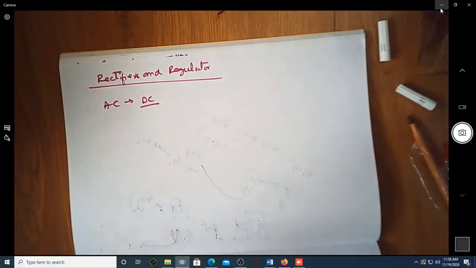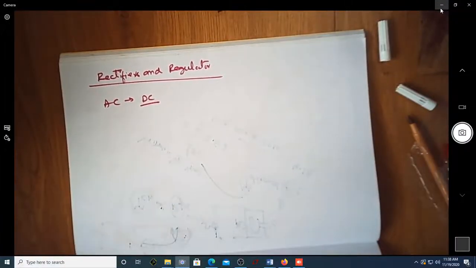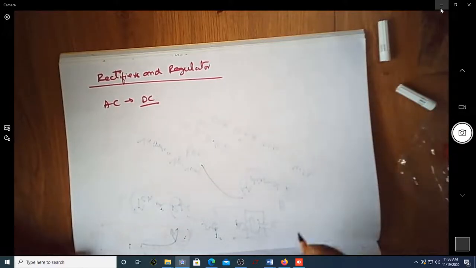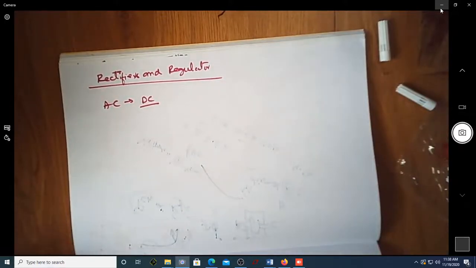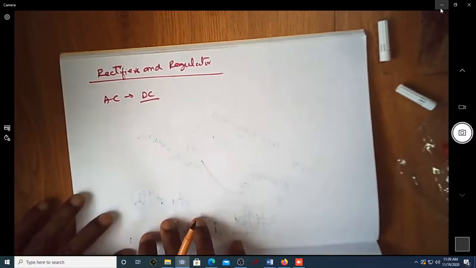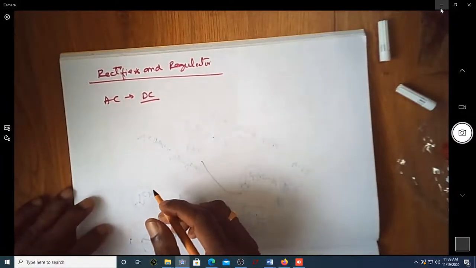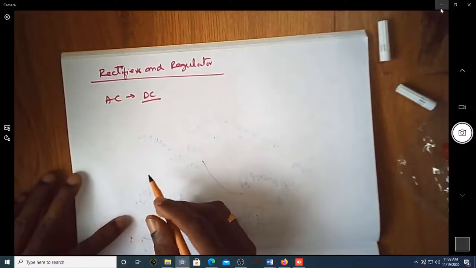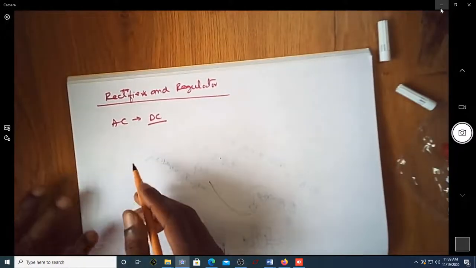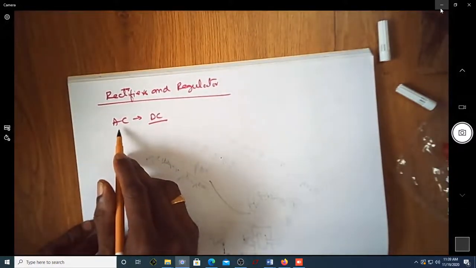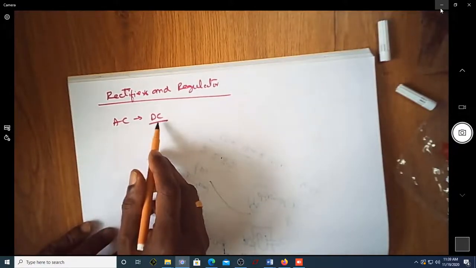Okay, now we'll see the working of rectifiers and regulators. Basically, rectifiers are the circuits which are used to convert AC signal into DC signal. So DC signals are very much required for operating any ICs which require a constant DC voltage. So let us try to understand what is the circuit that is used to get a pure DC signal from